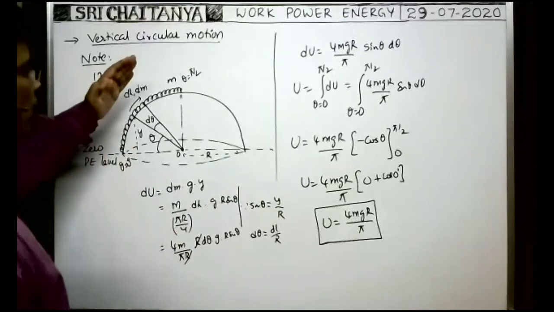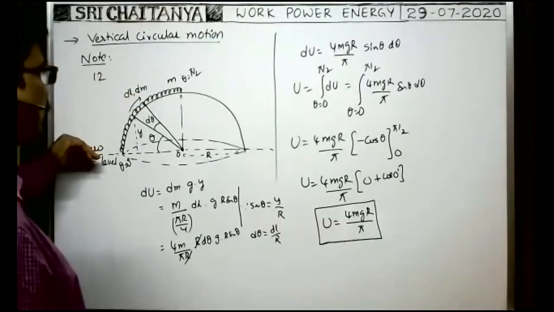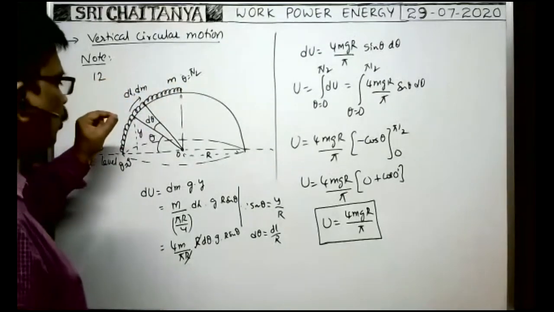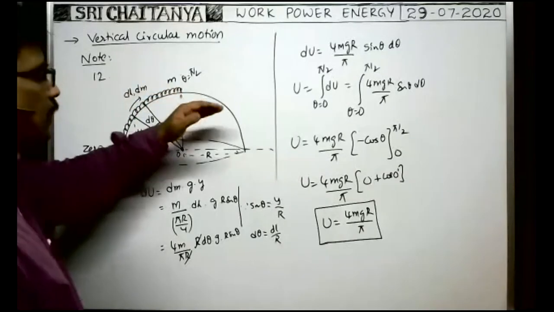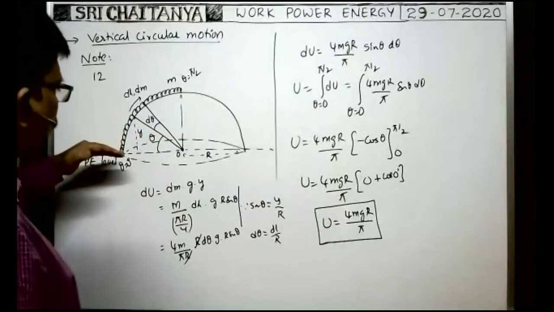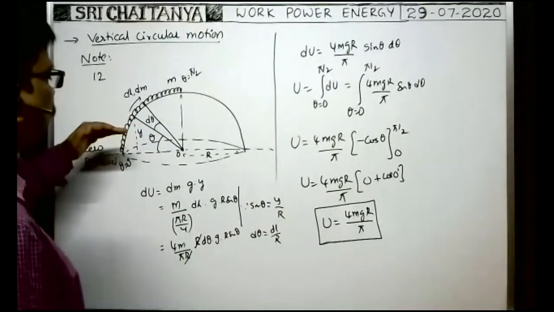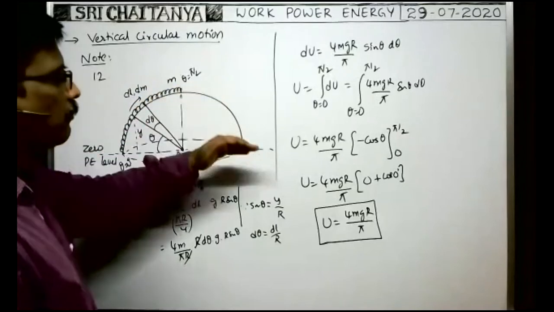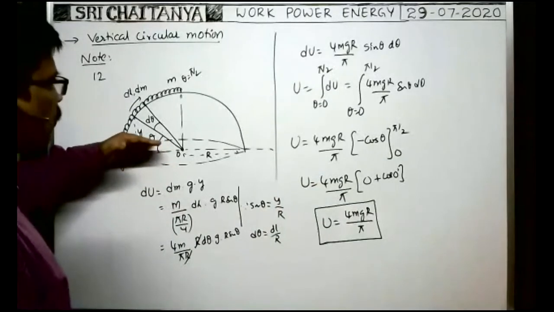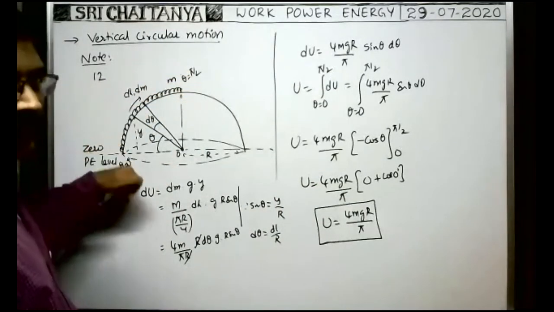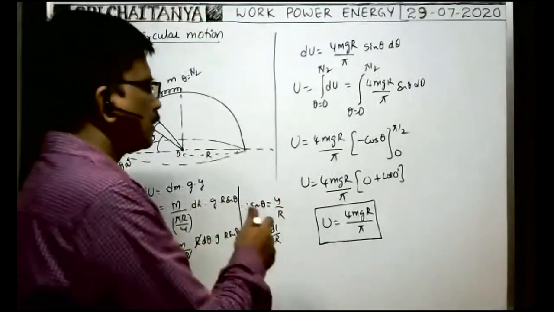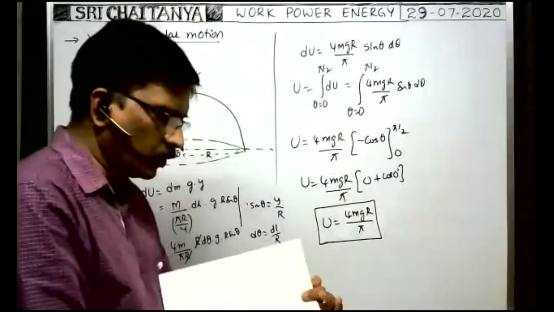Sometimes they may ask, when the chain is kept on the horizontal surface, what is the minimum work to be done to arrange the chain like this? That is equal to the potential energy acquired. What is the work done by gravity in keeping the chain on the hemispherical surface? Work done by gravity is negative, so you have to write a minus sign, because we lifted the chain against gravity from the ground. That's why work done by gravity is negative. You have to write that.